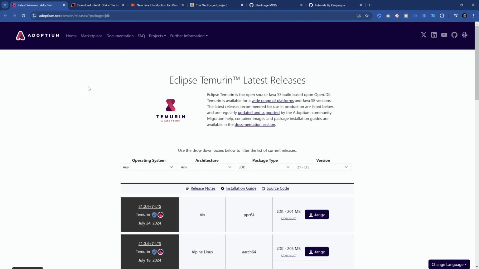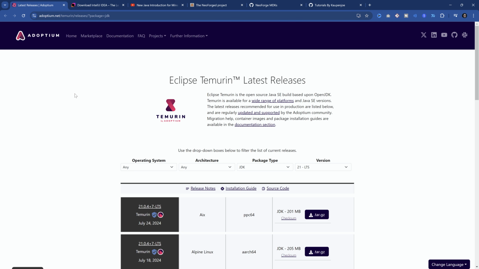But first of all, we need to download a couple of things, and you can also see this is a bit of an in-depth tutorial. It is a little bit involved. There are quite a few steps that we need to go through, and each of them has to be taken carefully, so you will have to take a little bit of time here, especially in this first setup tutorial. But when you have that, then it is absolutely amazing, and modding is going to be so much fun. 1.21 is crazy. The new NeoForge project is going to be really cool, so let's take a look.